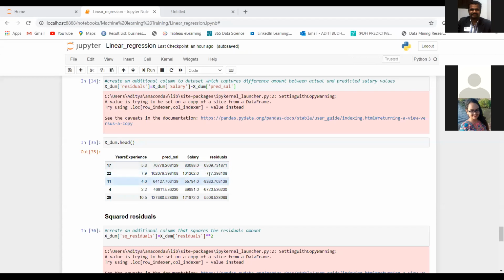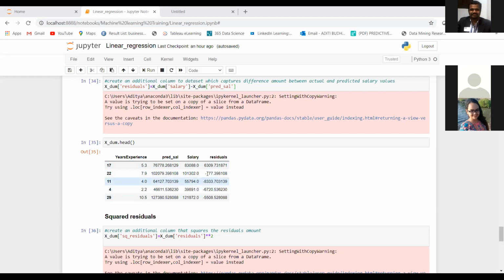When I add these two, my actual error would reduce, right? So in order to remove this positive-negative effect, and thereby prevent them from nullifying each other, we are squaring all of these values.